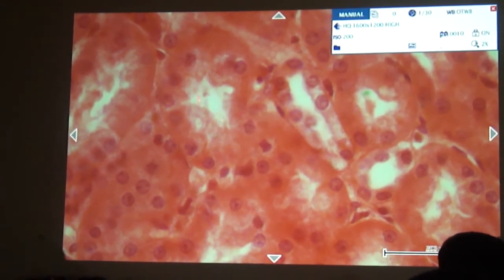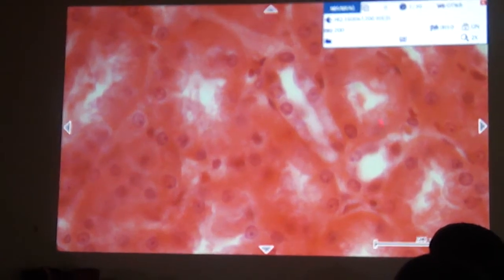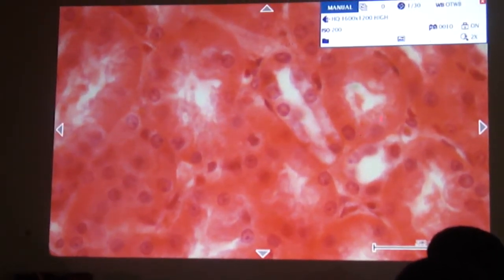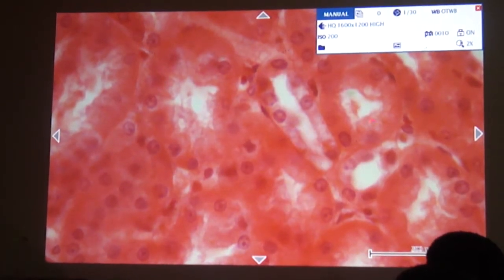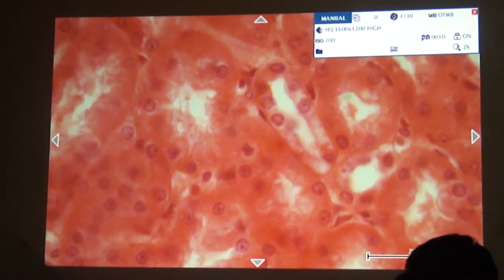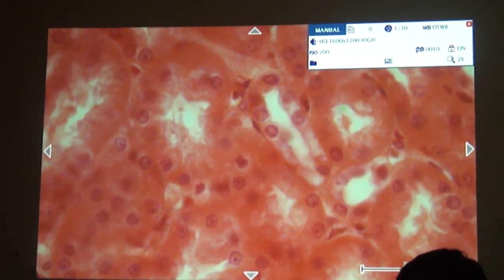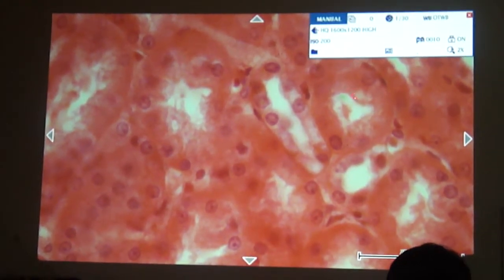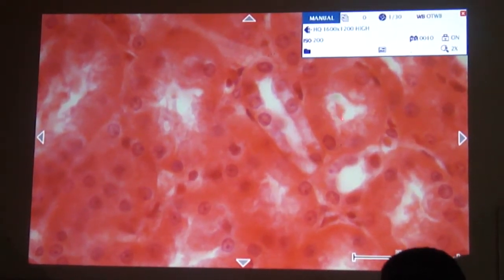Distal, proximal. So, the cells are shorter in the distal and thicker in the proximal because there are more organelles present in the proximal tubular cells, specifically the mitochondria, to provide energy for the reabsorption of the ions from the lumen